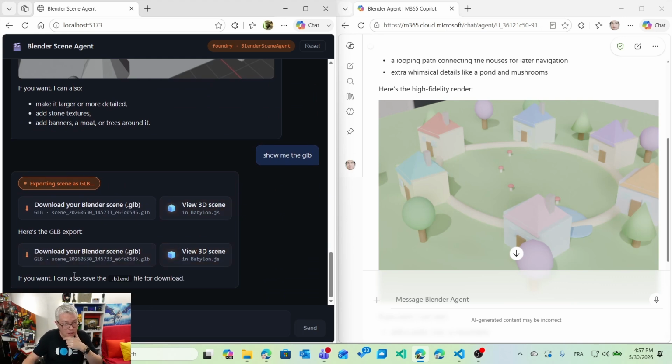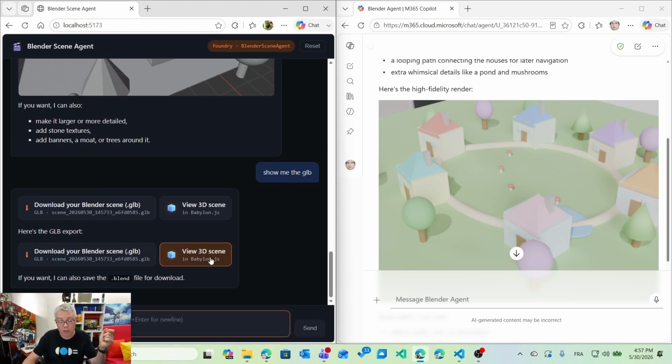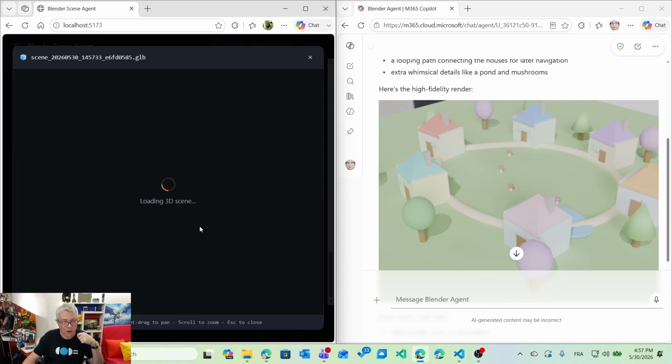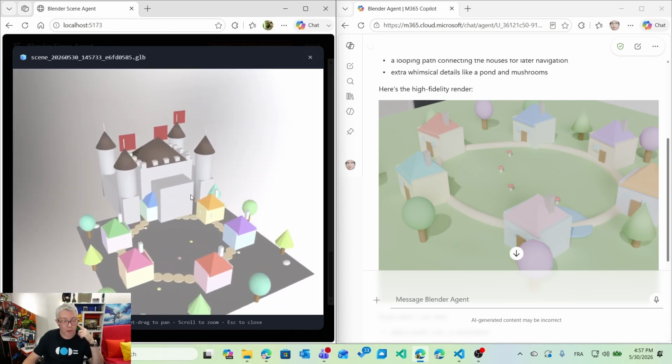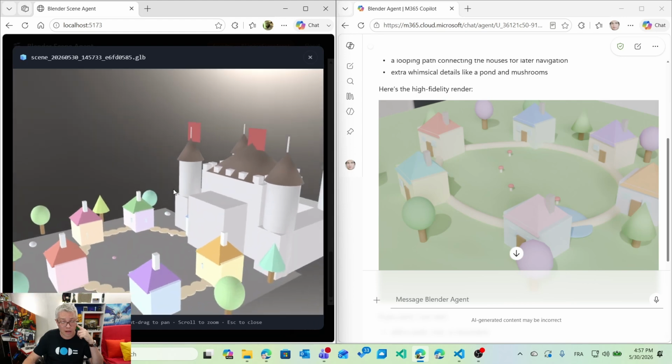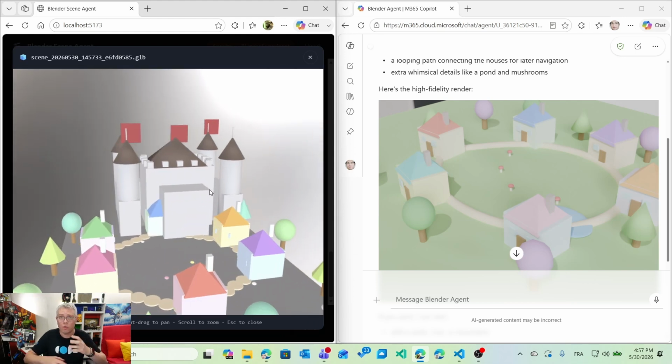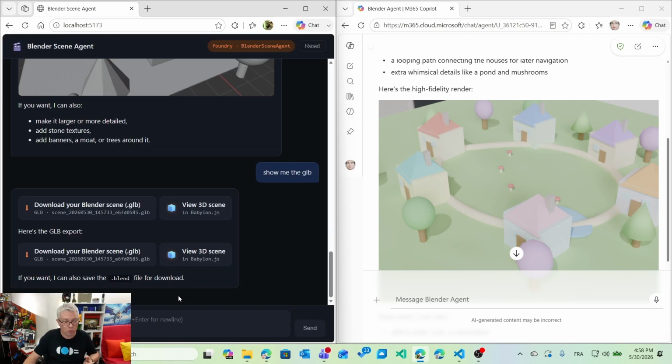But in my case, you see, I can either download the Blender scene or view it using Babylon.js, which is a 3D engine I co-created a long time ago. And you see that now I can immediately open that inside the 3D canvas and review the scene, which means I already have a pretty cool process to build my 3D environment for the kids. And let's imagine I'm frustrated because I want to move the castle myself. I could ask